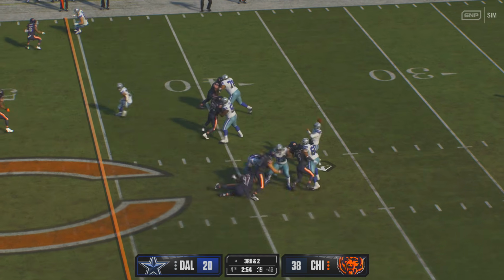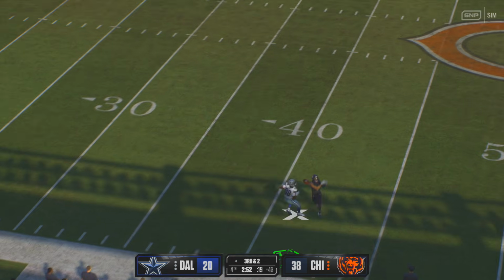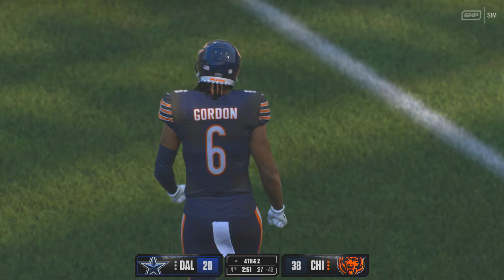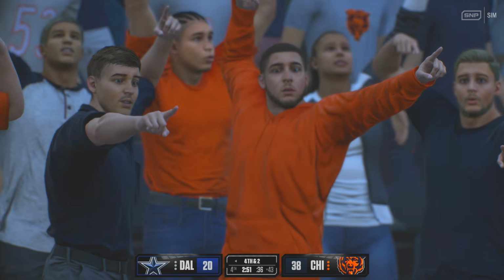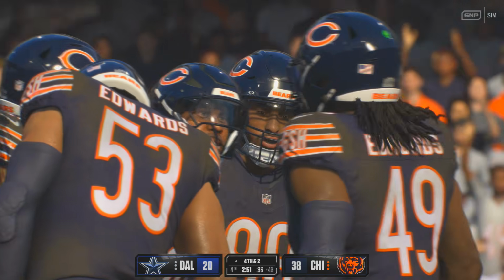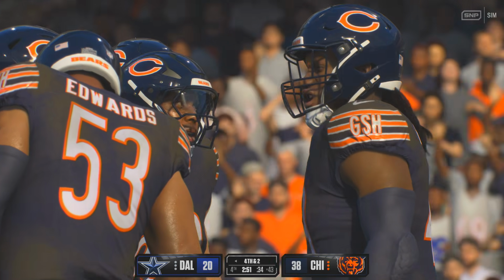Prescott yet again. And that's going to wind up incomplete. Nearly their first pick of the game, but it does bring up fourth down. At this point, down big, you'd have to imagine this defense, they're just going to sit back, blanket the field